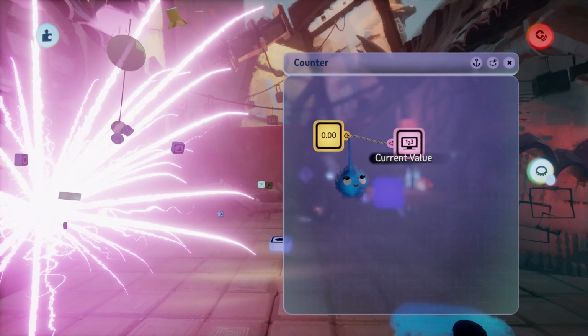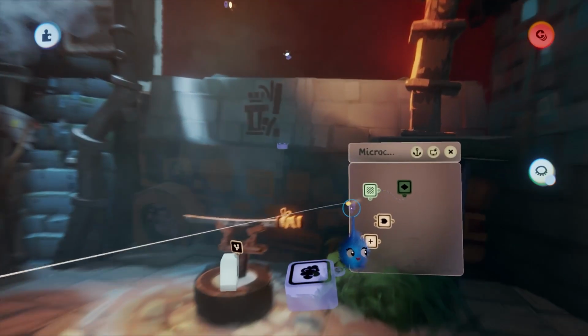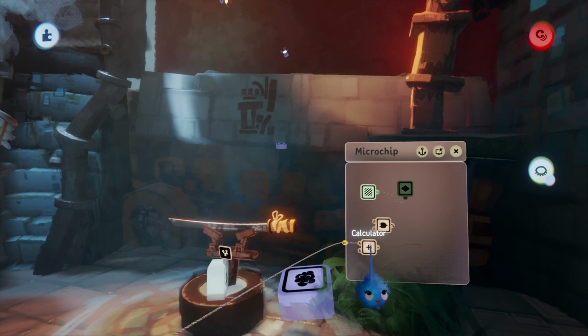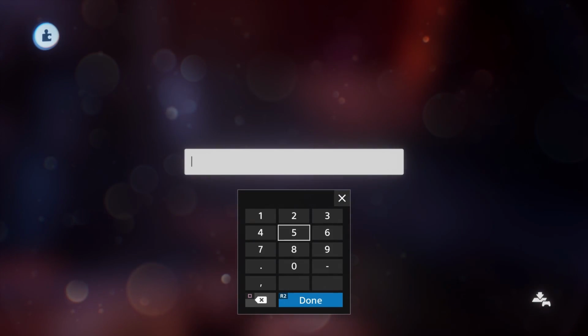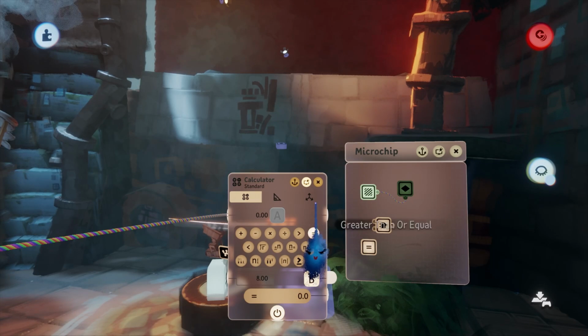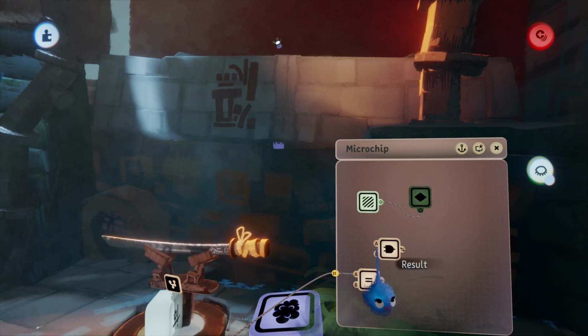There we go. So when this value, let's wire it up, when this value into the calculator equals 8, and